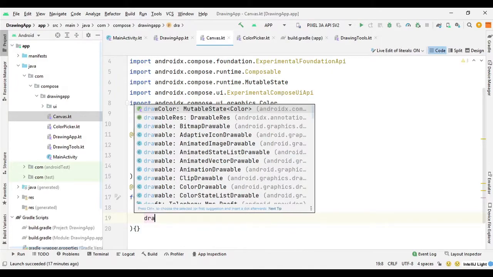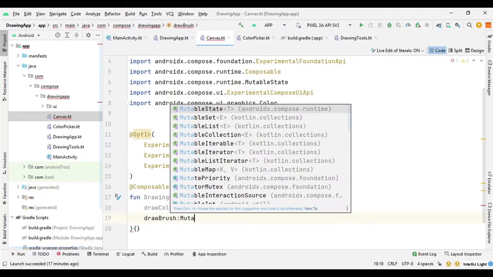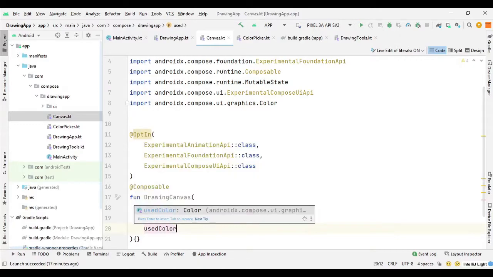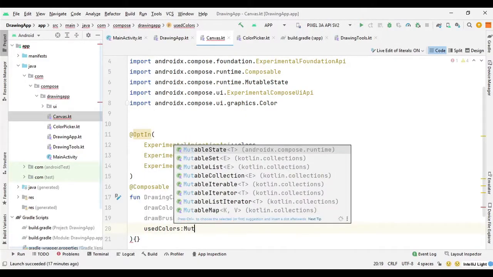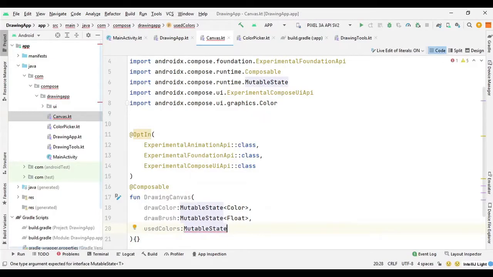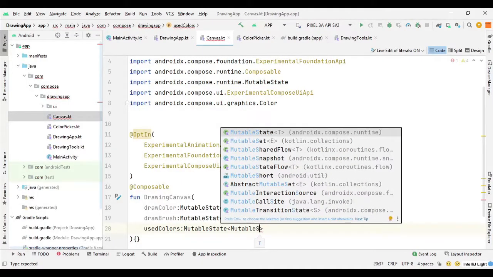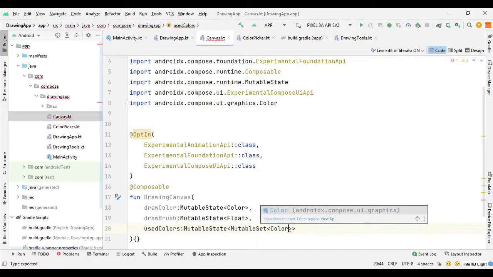Then draw brush, which is of type mutable state, and the typing is Float. Then used colors, it's going to be a mutable state also, and then it contains a mutable set. So we will say mutable set, and then finally we can provide the Color,